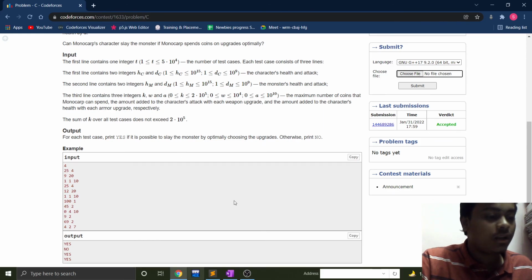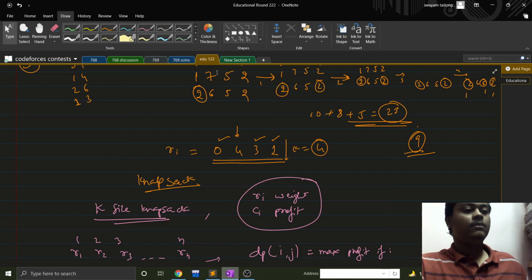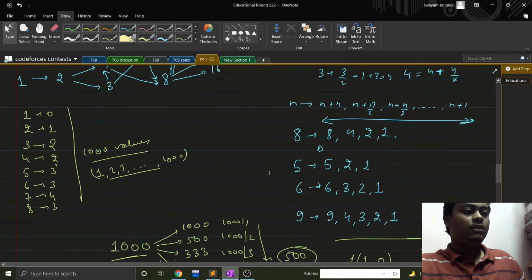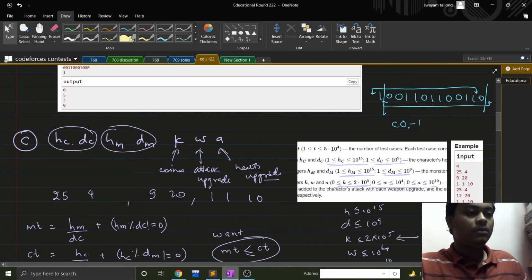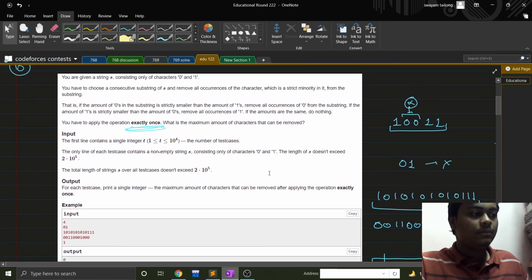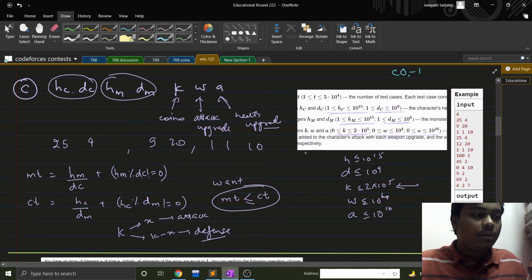Okay. Problem C is also an easy problem. I'll show you how I did this. So in problem C, what we can do is that this is B. Okay, this is C, right? In problem C, I have been given